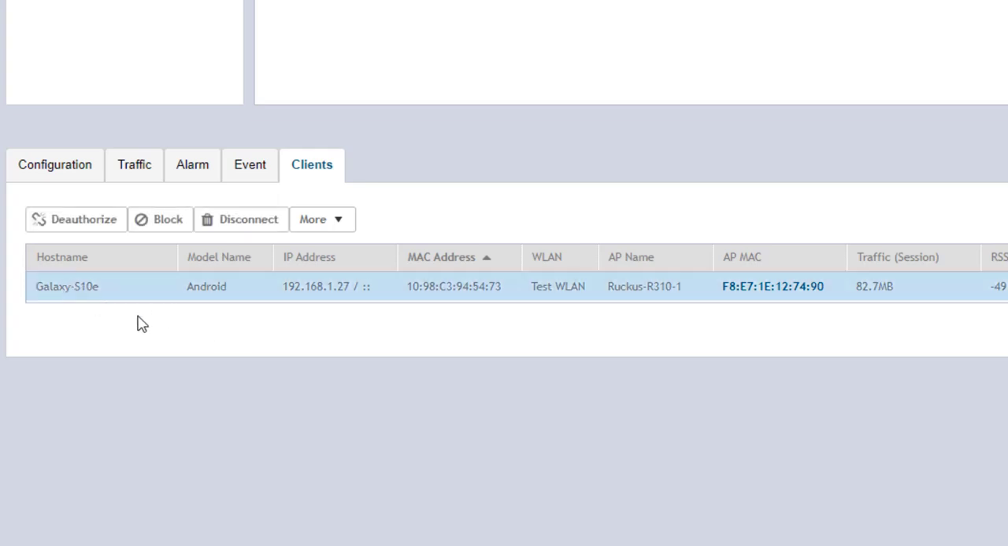Additionally, you'll notice if we select the client, there are some additional options and things that you can do. So you can deauthorize this client, so force them to re-authenticate, force them to go back and redo a web submission check. We can block the client so they are no longer able to connect to this WLAN, or we could just disconnect them. So just kind of bump them off. They'll be able to